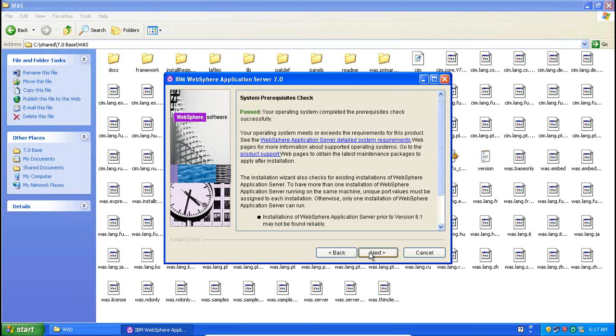The requirements to install the software. What else? Prerequisite.